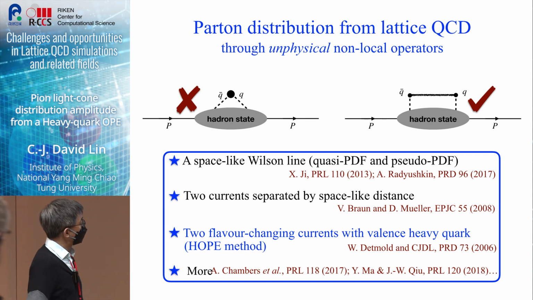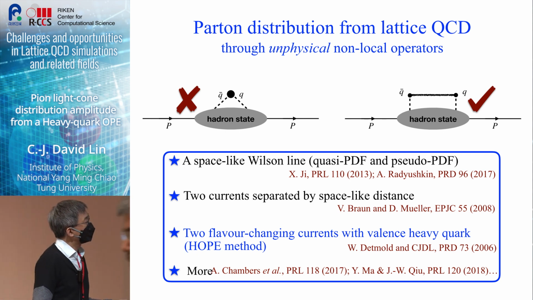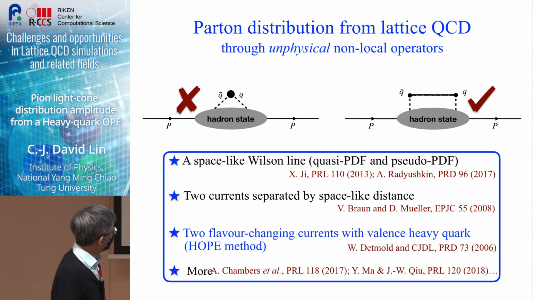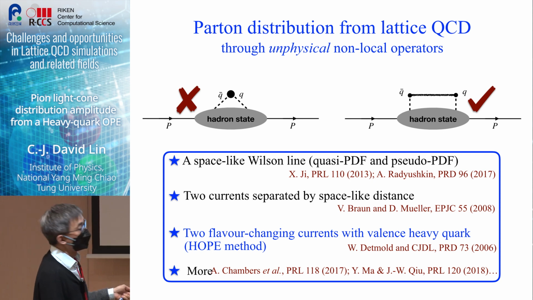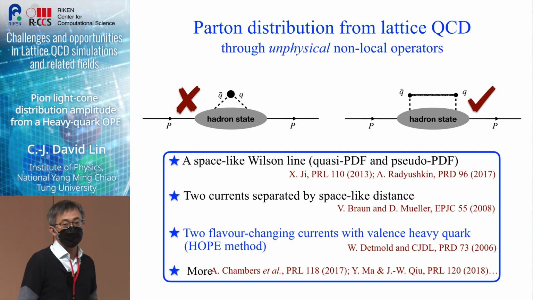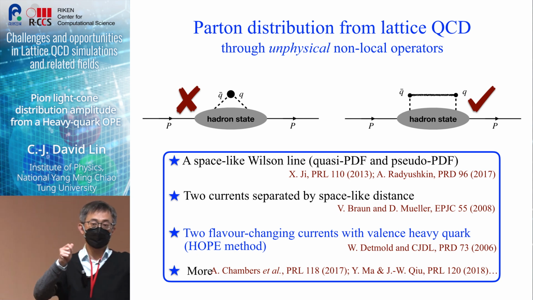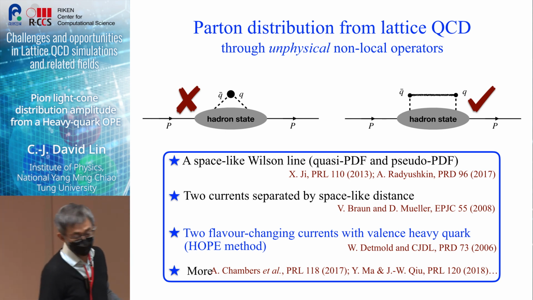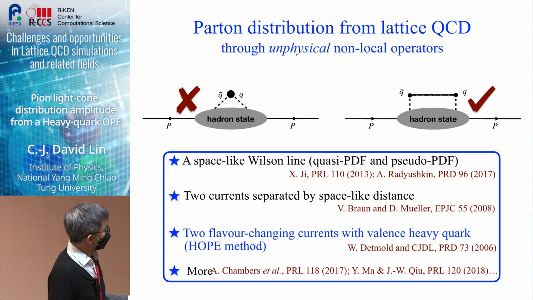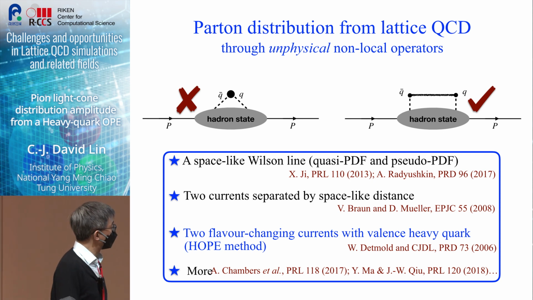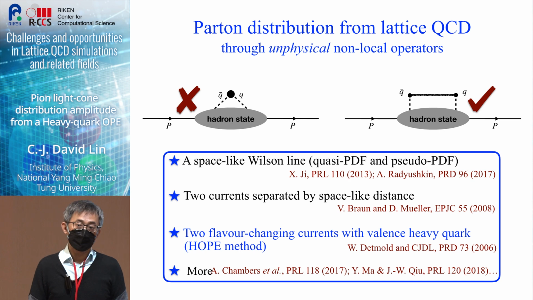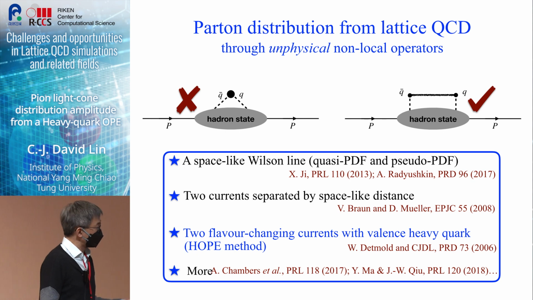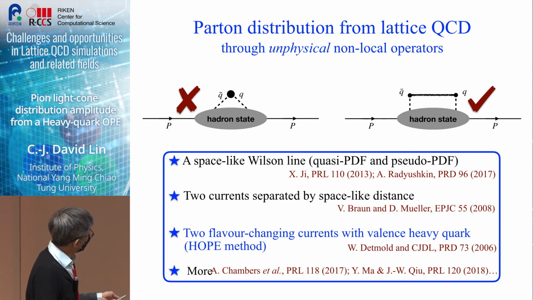But there are also other proposals, like back in 2008, Brown and Miller also proposed this idea of computing matrix elements of two local currents, separated by a space-like distance, so nothing can go on-shell here. You can't cut this diagram, so that's unphysical. And they worked out that this method could actually be used to obtain higher Mealy moments in this Pion physics. And there are also many other proposals, but today I will just concentrate on